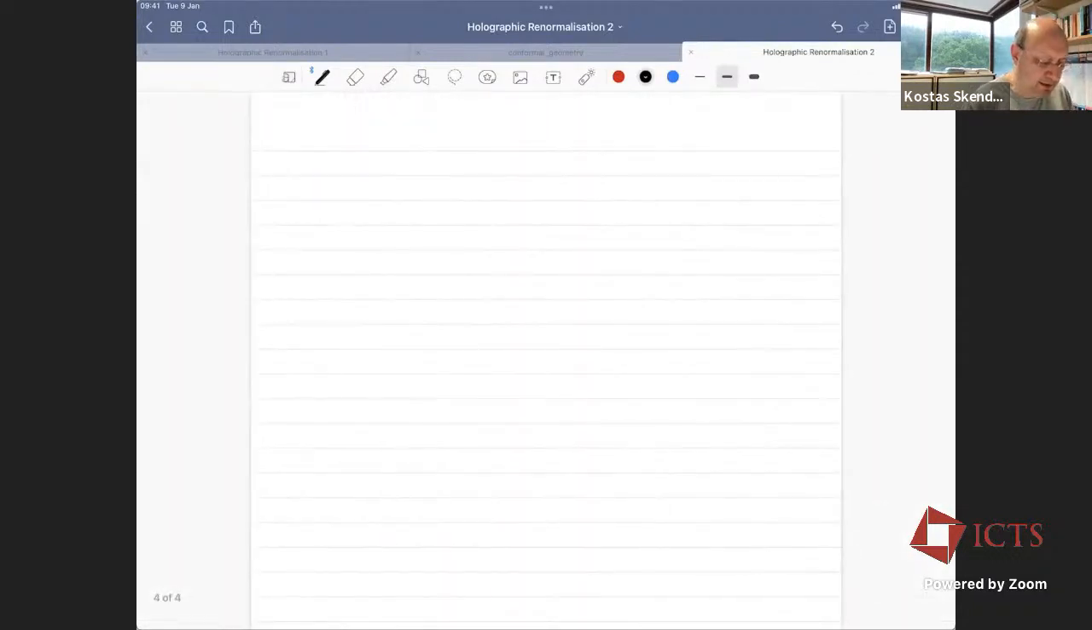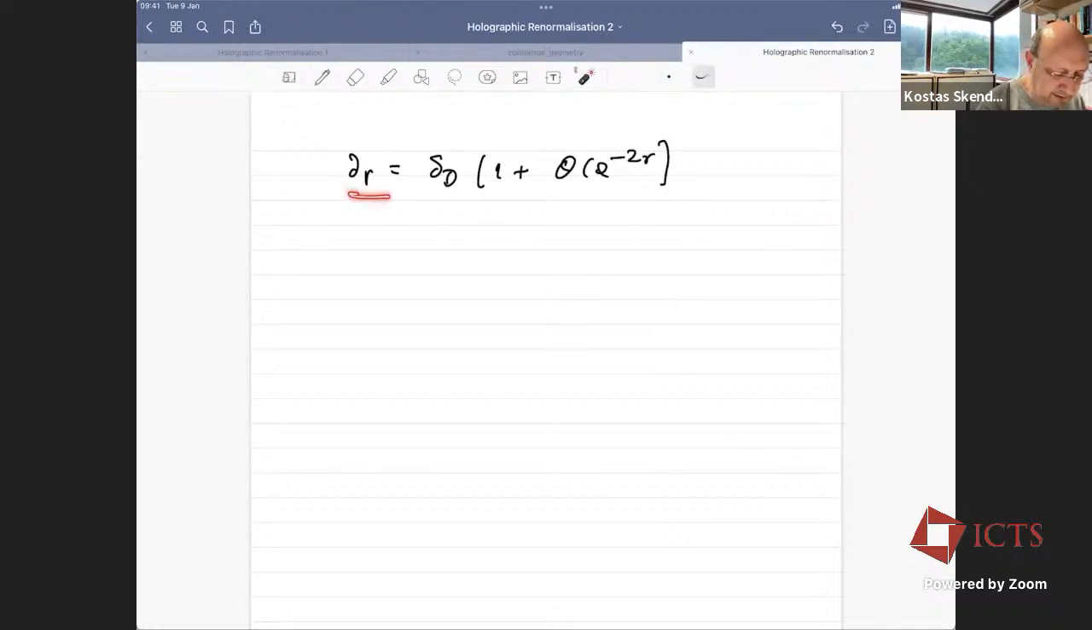Now, yesterday we discussed that asymptotically locally AdS spacetimes have the property that the radial derivative is the same thing as the dilatation operator plus subleading orders. So instead of analyzing the structure of the radial terms, I can express things in terms of how they scale with respect to dilatations. So I can introduce,